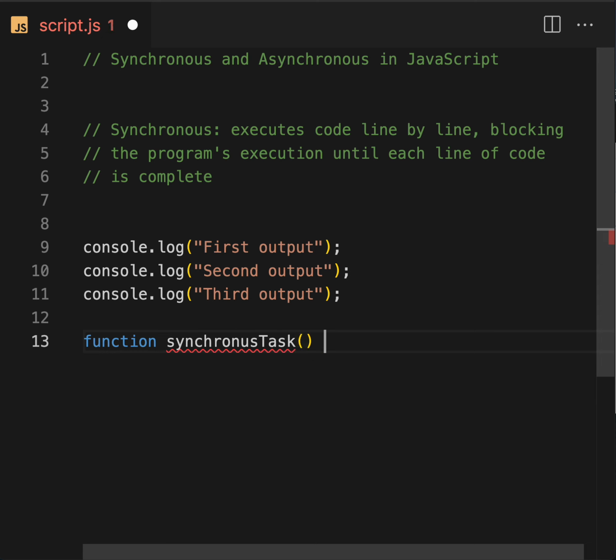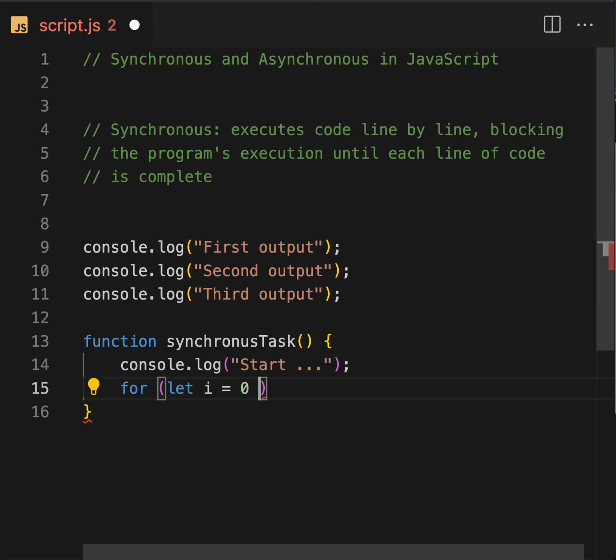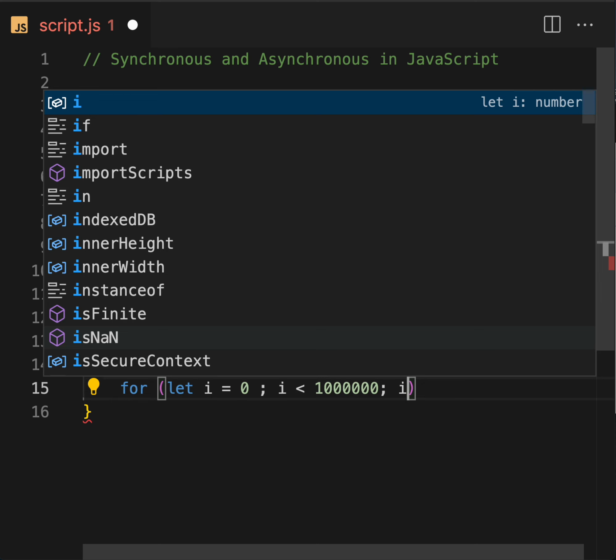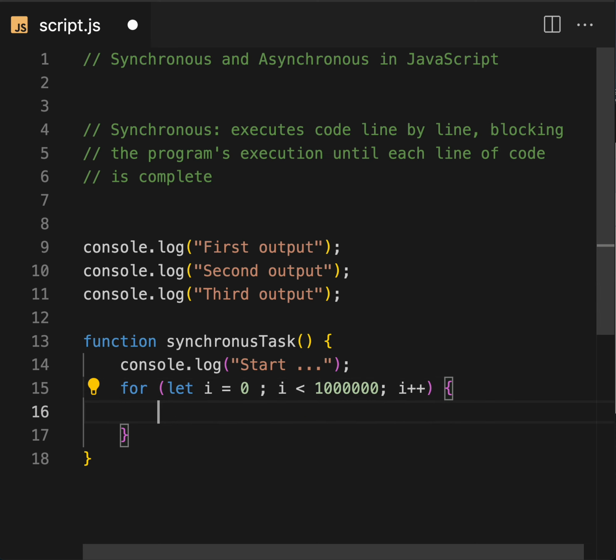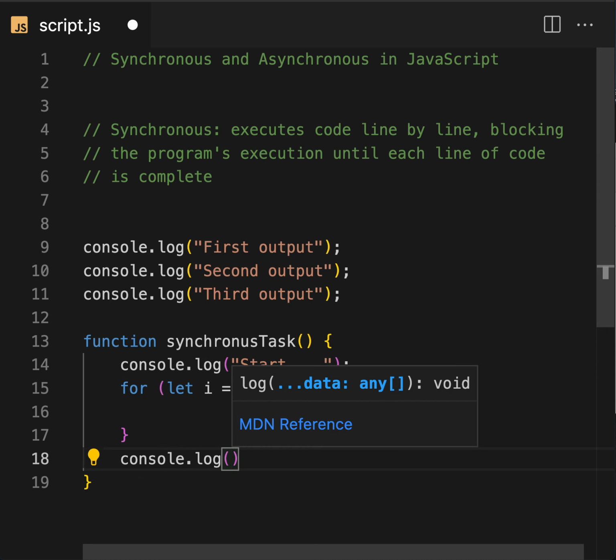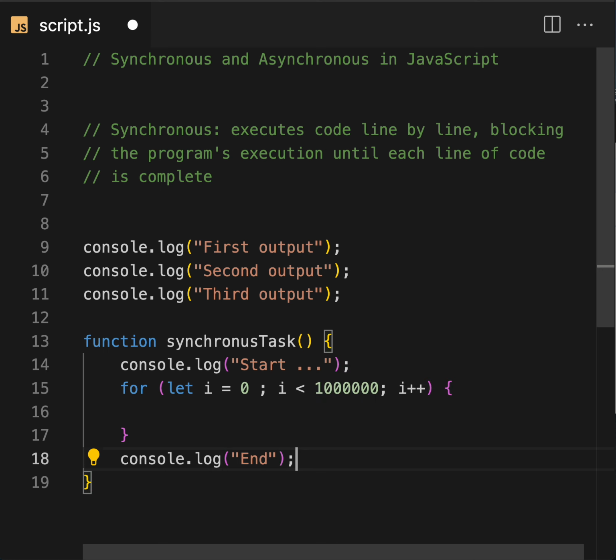Let i equal to 0 and i less than 10 lakh. I'm running a loop till the length of 10 lakh, and this loop will block our program. Once it is finished, then we print end.